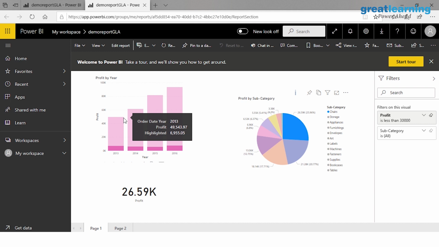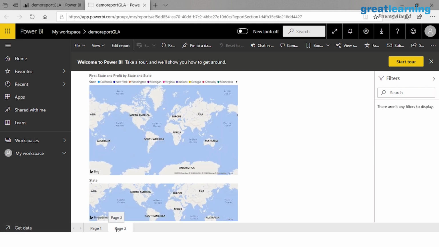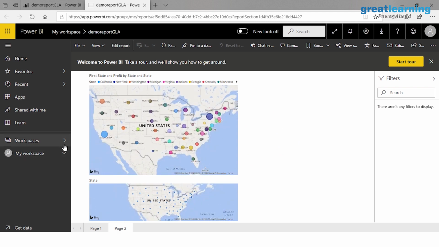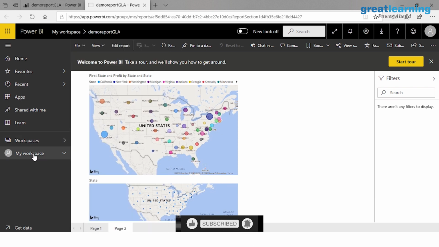Now, this is a report, but I want to publish it to a dashboard. In a dashboard, you are going to put in certain visuals that you have, right? We discussed what dashboards are. Dashboards are nothing but a single canvas where you can take in data from different reports as well. To give you a context, there would be quite a few reports that I have created till now. Let me see if there are reports here in my workspace.